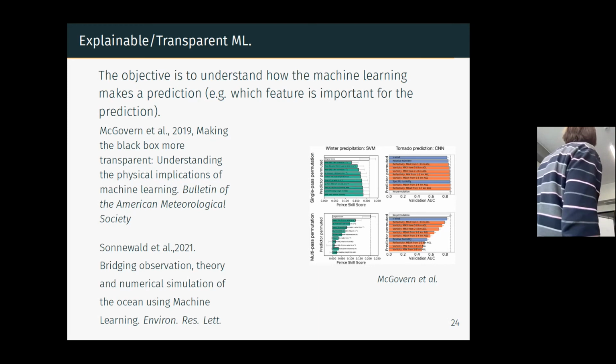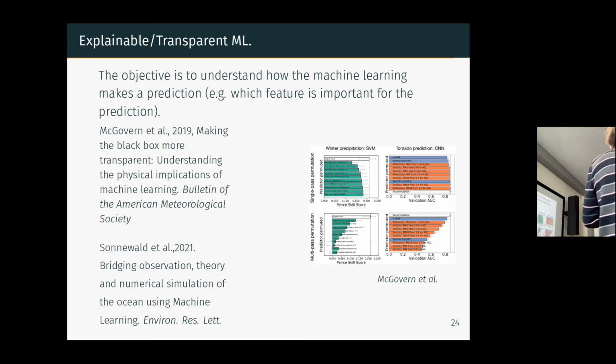And this is the other part: how to explain now what the machine learning does. A very simple way to explain is to try to identify, for example, what are the input features that are important to predict what you are predicting. For example, in random forest, it's very easy to do. This is called importance. It gives you the input features that are relevant for your prediction. But there are a lot of ways to do that.